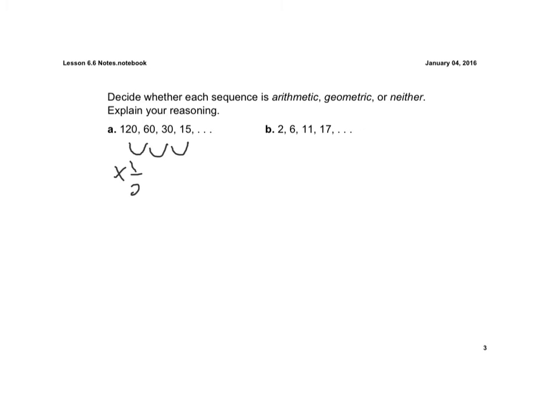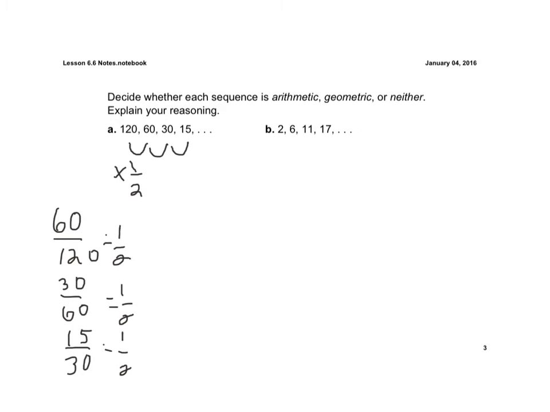But also, if we take 60 and we divide that by 120, if we take 30 and divide it by its previous term of 60, and we take 15 and divide it by its previous term of 30, we can see that they all have a common ratio of 1/2. So we know that it is a geometric sequence because we are multiplying by a common ratio of 1/2. And letter B,